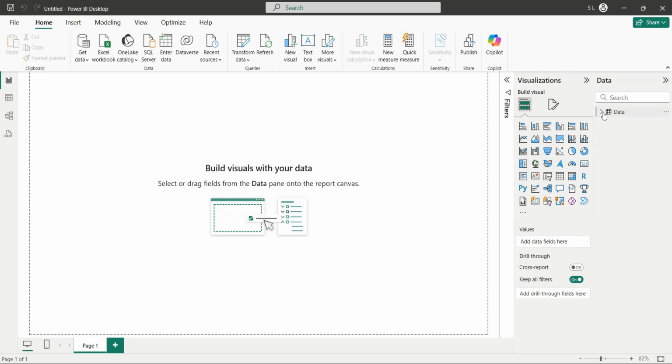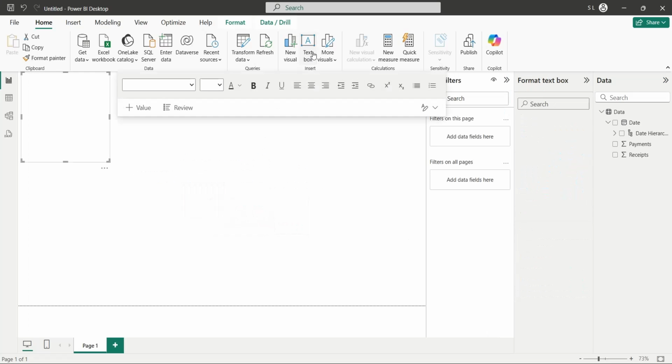The data has been loaded into Power BI and you can find it in the data pane here,